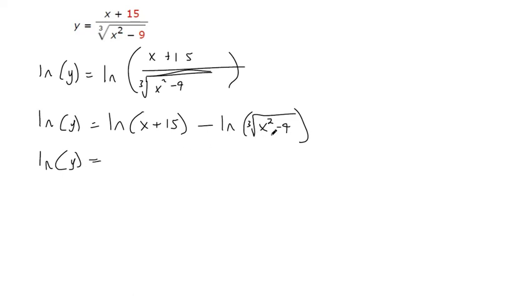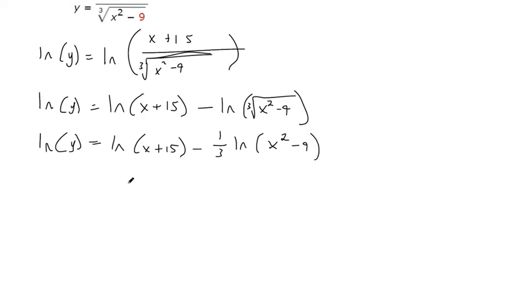this is a 1/3 power. So if your entire argument's raised to a power, you can move that power to the outside. That's a logarithm property. So we move that cubed root to the outside because of the exponent property of logarithms. And so now that we've got it as expanded as we can, now we can take a derivative of y